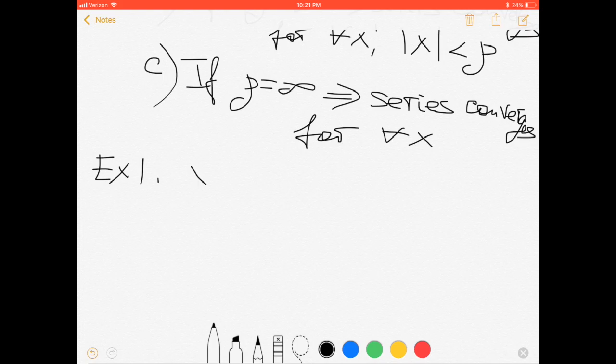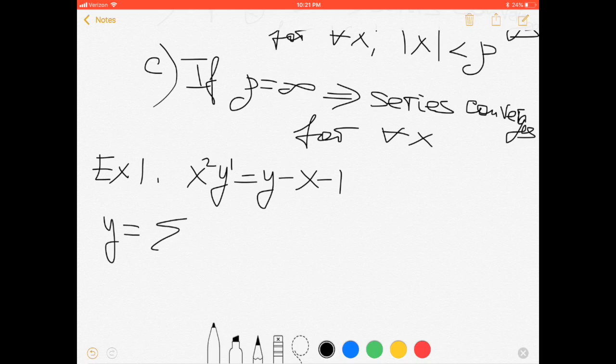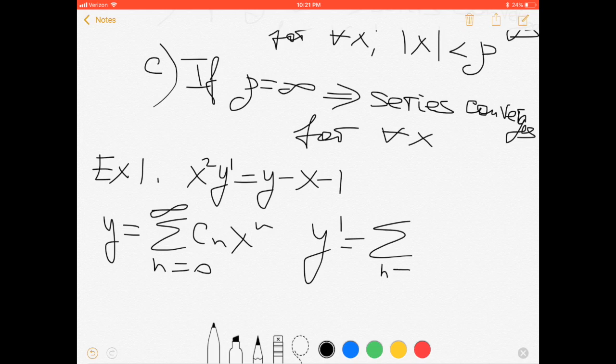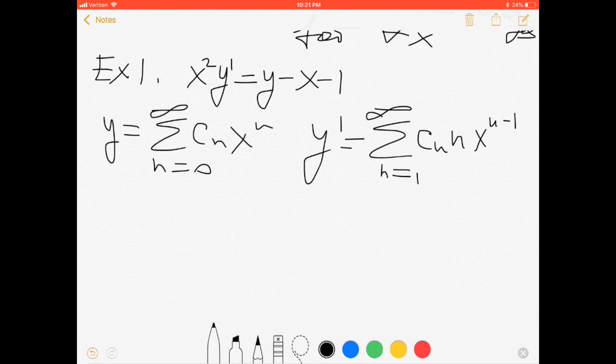Doing an example. If I have x squared y prime equals y minus x minus 1, here I need to solve it. Pretend y equals the series C_n x to the power n, from 0 to infinity. And then you remember the derivative will be the series, n starting with 1 to infinity, C_n n x to the n minus 1. Plugging these two series into our equation, we have